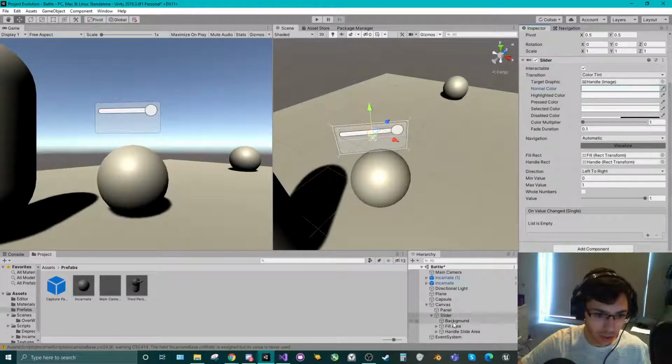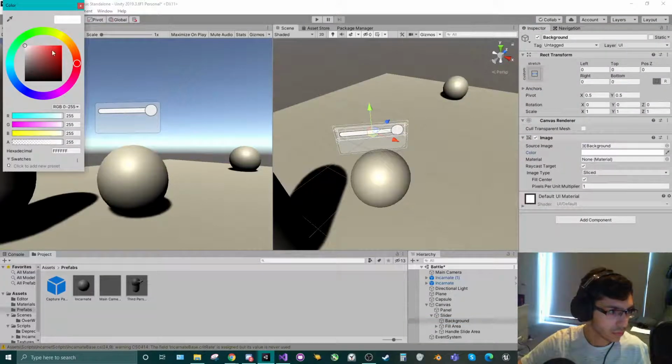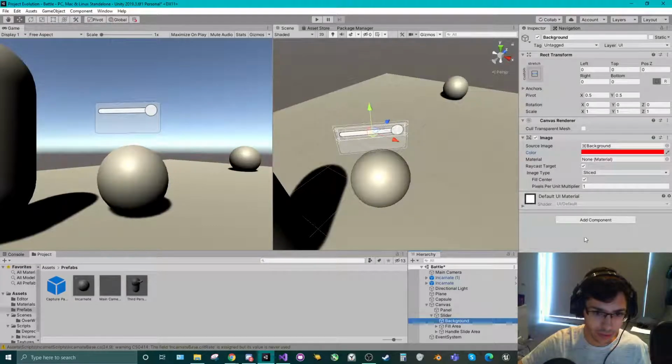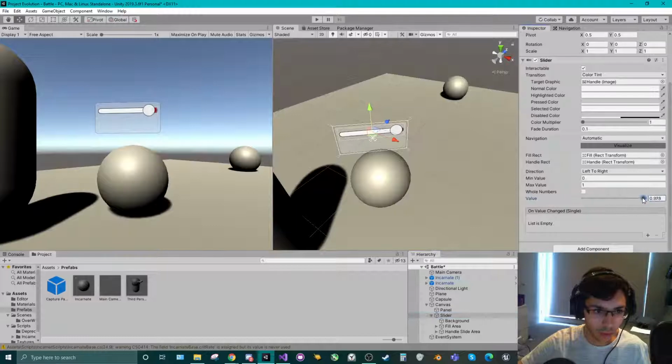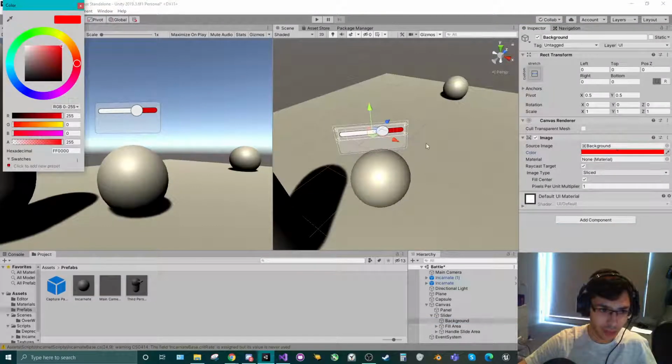Okay, so then we need to go into the background. What's that going to change? Okay, so that's going to change, I'm assuming, the actual background of the thing. So if we go back into the slider and then we change that value from 1 to, yes, that's what that's going to change. So we can go back into the background. We don't want that to be red. We want that to be,